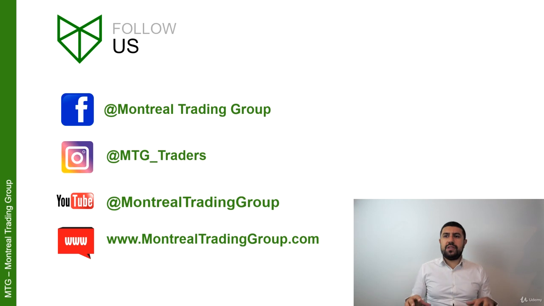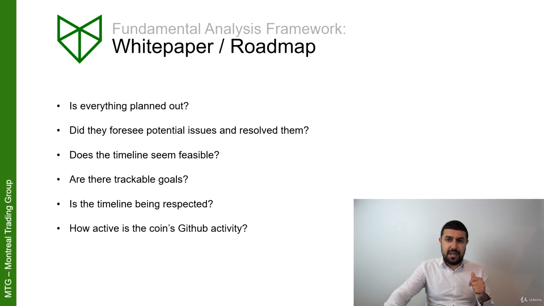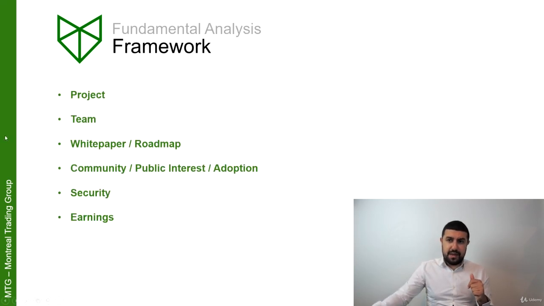So this is really the framework that I use and most people in the industry use. And it's not only used to help us invest in specific coins, but it's also very helpful for us to not invest in other coins. When we see a coin that has a very weak team, it doesn't matter what the project is. It doesn't matter all of the rest, right? If the team is weak, I don't care about the project, the roadmap, the security, it's probably not going to succeed, okay? Because there's too much competition. There's going to be another one that's going to be doing better.